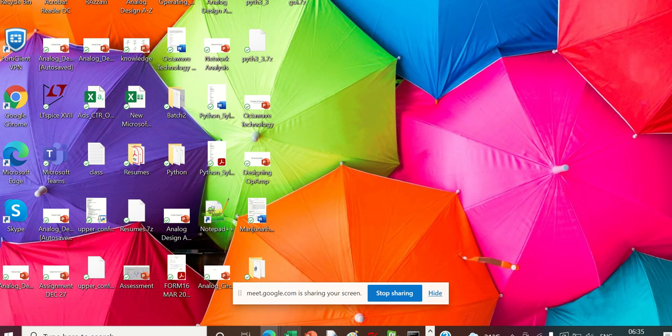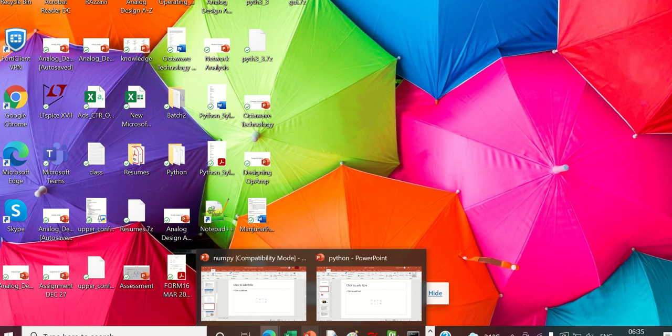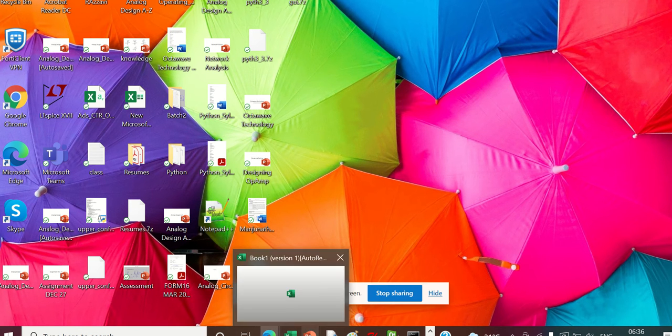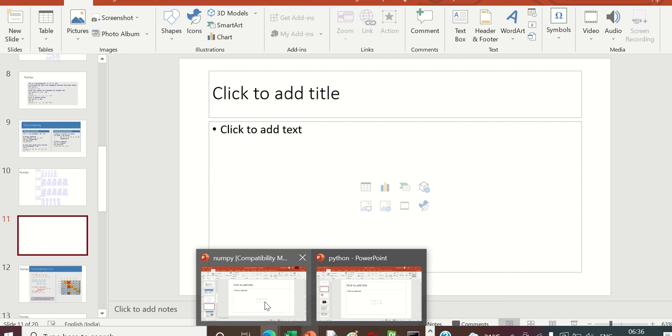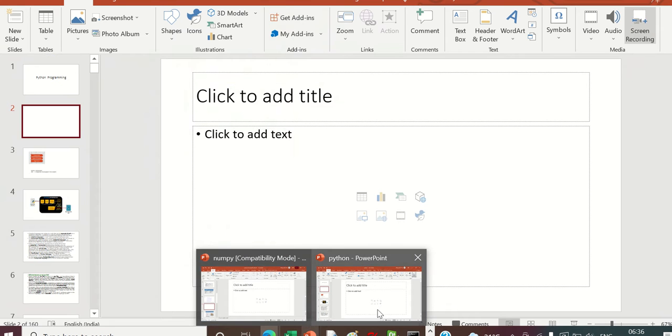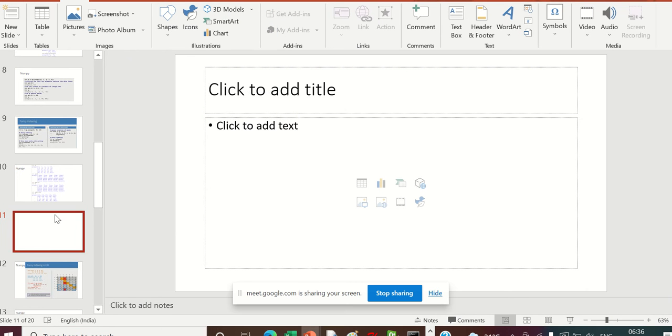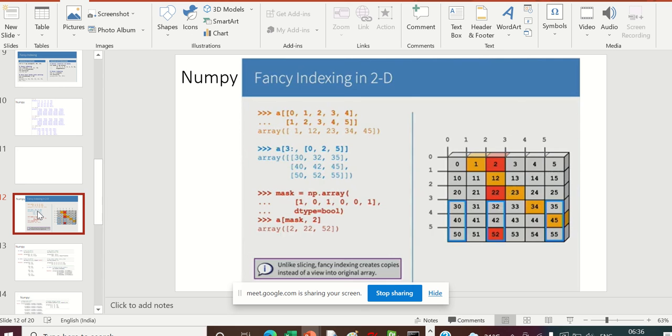Because everyone should study at the end. Even if one boy wants to study, there is some case where people are not interested. That is okay, that's their choice. But for those who want to study, if the speed is high, it's my duty to take care of that. So from next week we will have two batches. Okay, so let us start now.